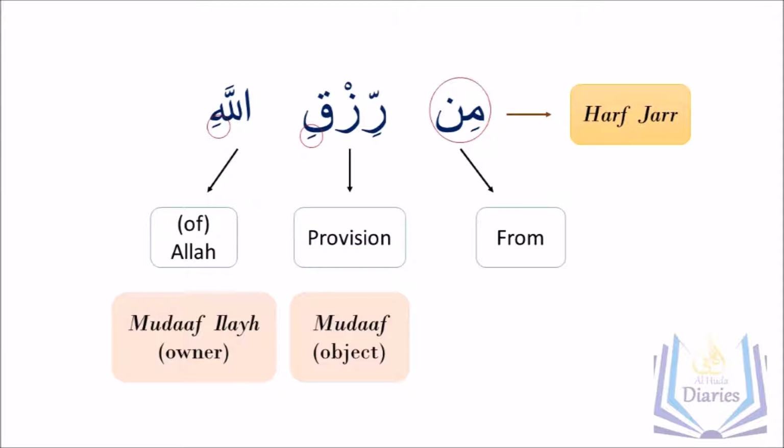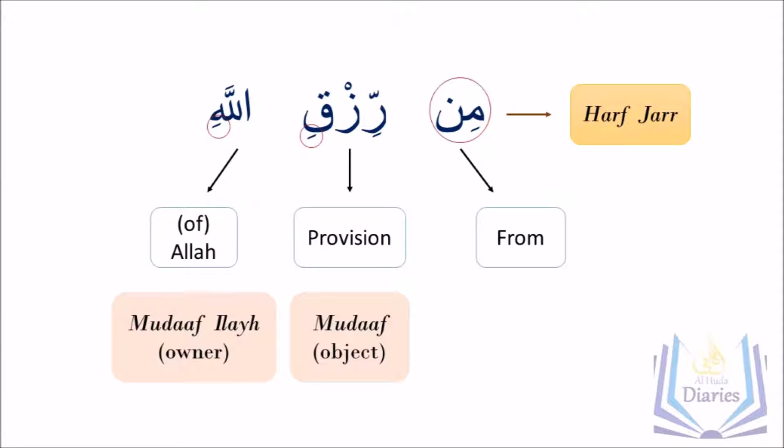So we say mir rizqi. And we see rizqillahi, the word provision of Allah. Allah is the owner of the provision. The provision is from Allah. Allah owns the provision, and provision is something that is belonging to Allah subhanahu wa ta'ala. So we see rizq here is the mudaf, whereas Allah is the mudaf ilay. So we see here the rizq is getting the kasra because of the min, the harf jar before it, and the mudaf ilay, Allah, is getting the kasra because He is the mudaf ilay, as mentioned before.